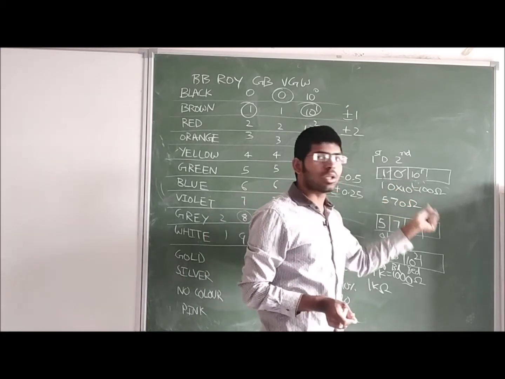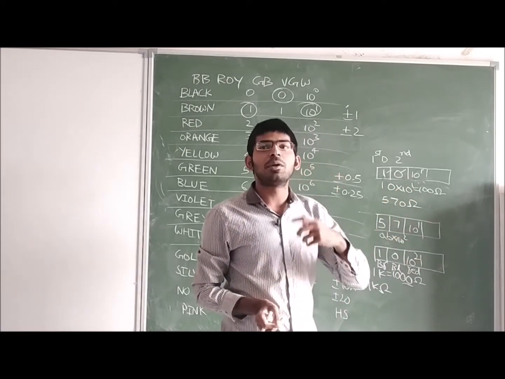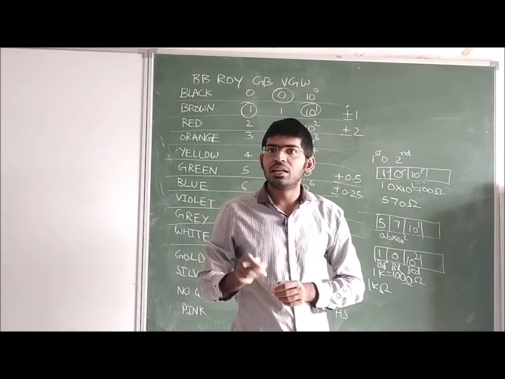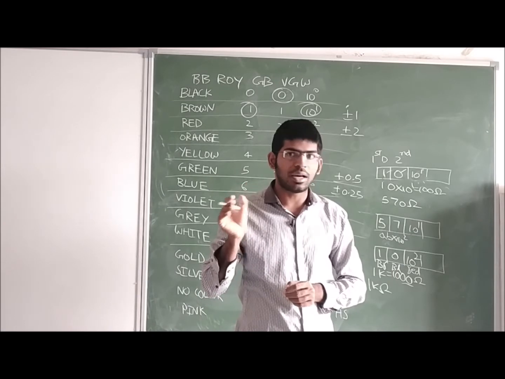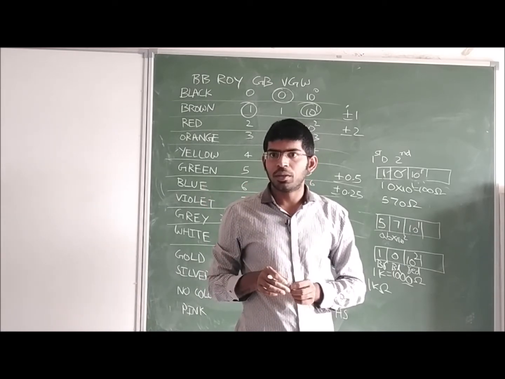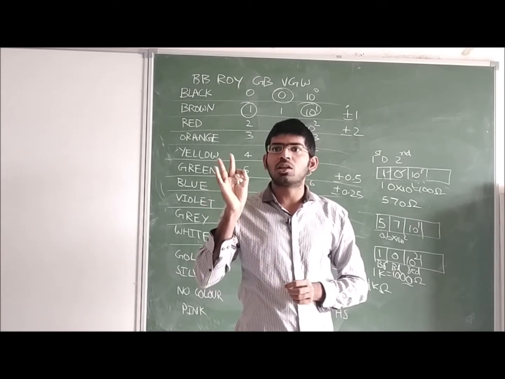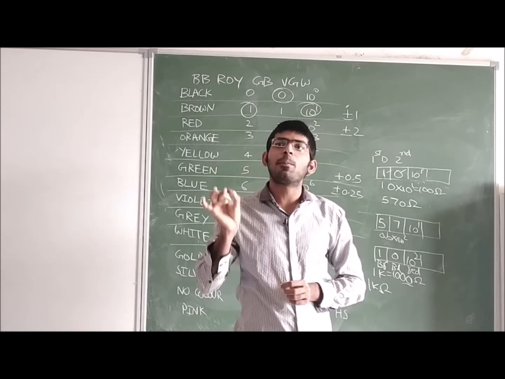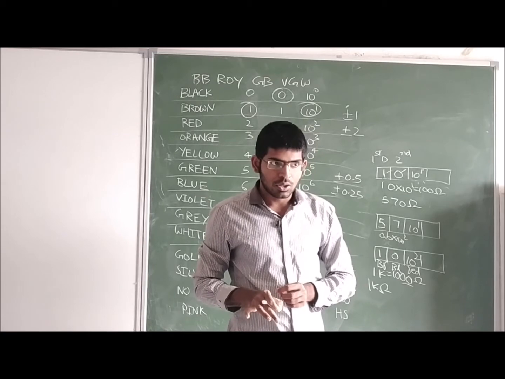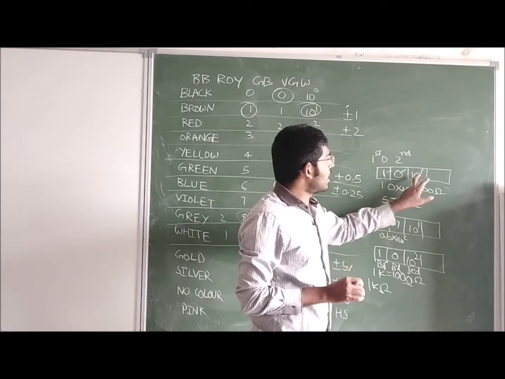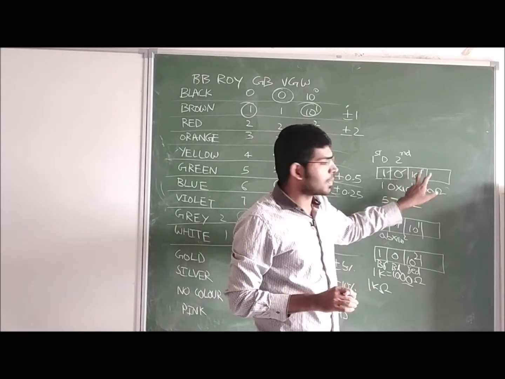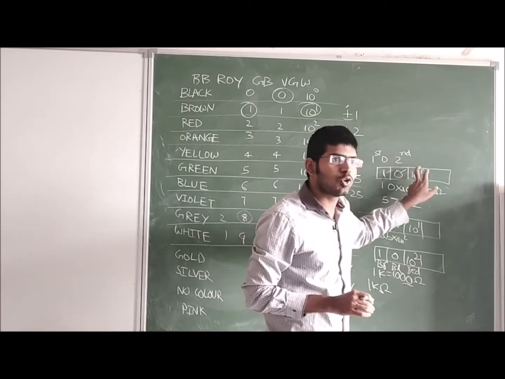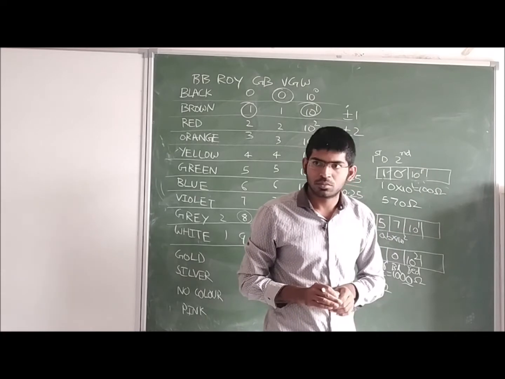When we are going to the second color band, similarly its value is also lying between 0 and 9. Okay. Now we are discussing the third color band. This third color band is indicating the multiplier. So, if I take a particular color black here, that means we have to multiply these two digits with 10 to the power 0.